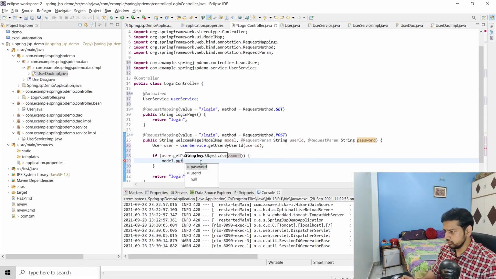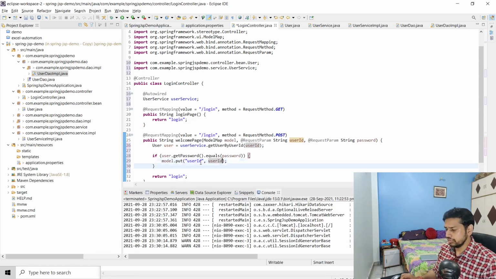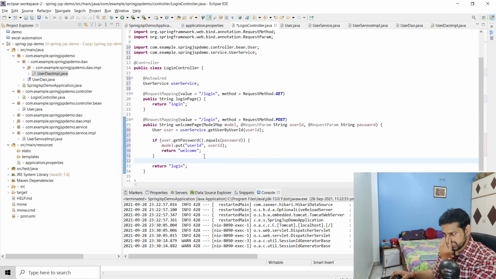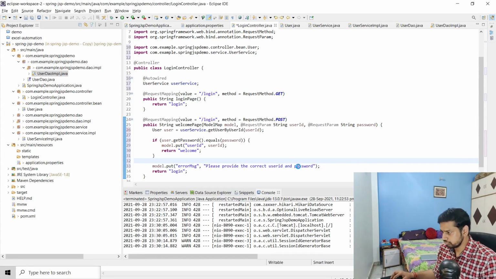If it equals the password, that means yeah, it's okay, go ahead, you are logged in. So we just have to do user ID, because in my part 2 video I was using this. Otherwise, oh sorry, I have to return. In this case I will return the welcome page. I will make more changes to it later, and otherwise I have to return login. Also I have to return some kind of error which I can later use in my UI. I had this in my part 2 video, so I'm using this now. So this looks good.